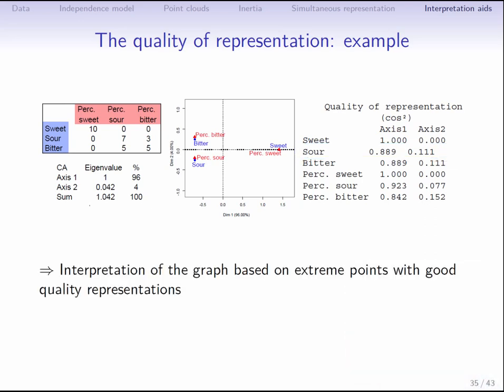In practice, the quality of representation is used in the following way. When we have lots of points, to start interpreting things, we select a few of them that are well represented and with fairly extreme coordinates, that is, far from the origin on the dimension or dimensions we are interested in. This means that we are choosing points which should be helpful for interpretation because it should be easy to find in this data the meaning of the dimensions, remembering that the deviation between the profile being looked at and the mean profile is essentially expressed with respect to these dimensions.